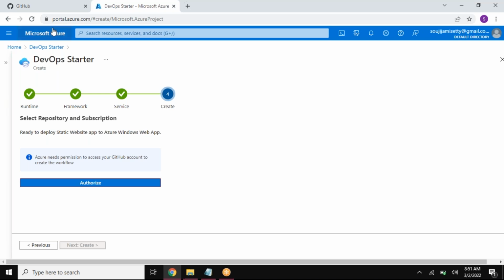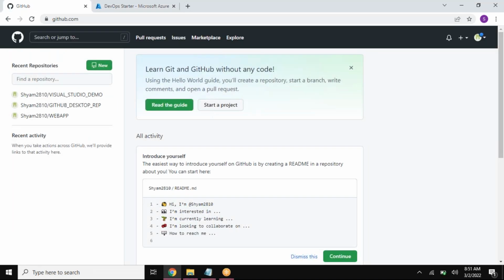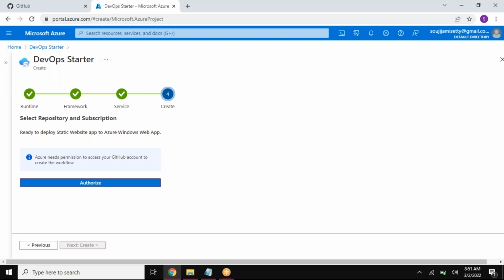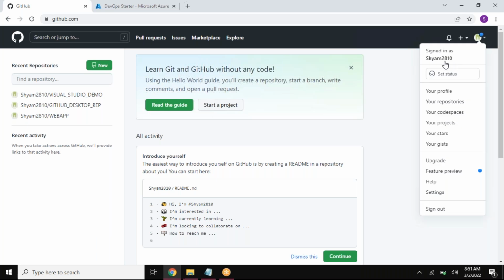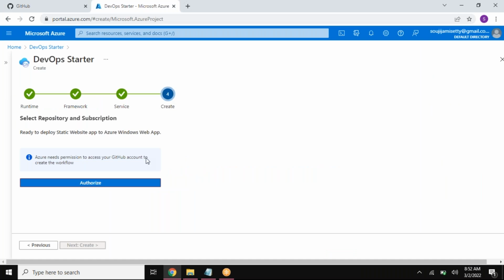So this is Azure, and your GitHub is in here. So there should be a connection between my Azure and GitHub in here. So what is the user ID for my account? It's Sham 2810. Okay, so now what I'm trying to do, I'm trying to provide my permissions, because Azure needs